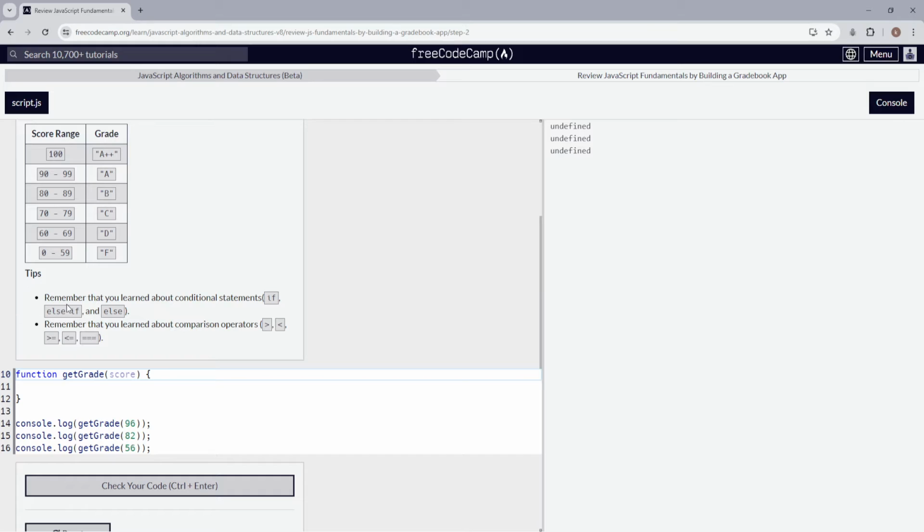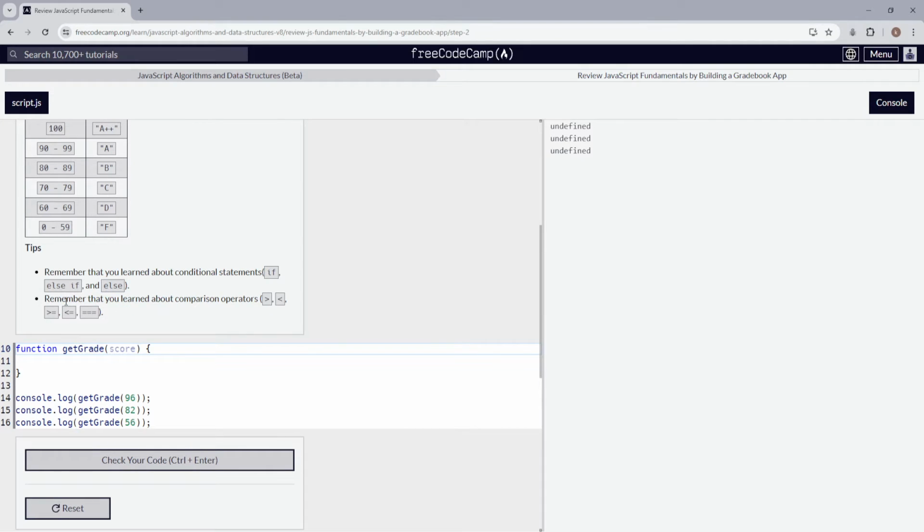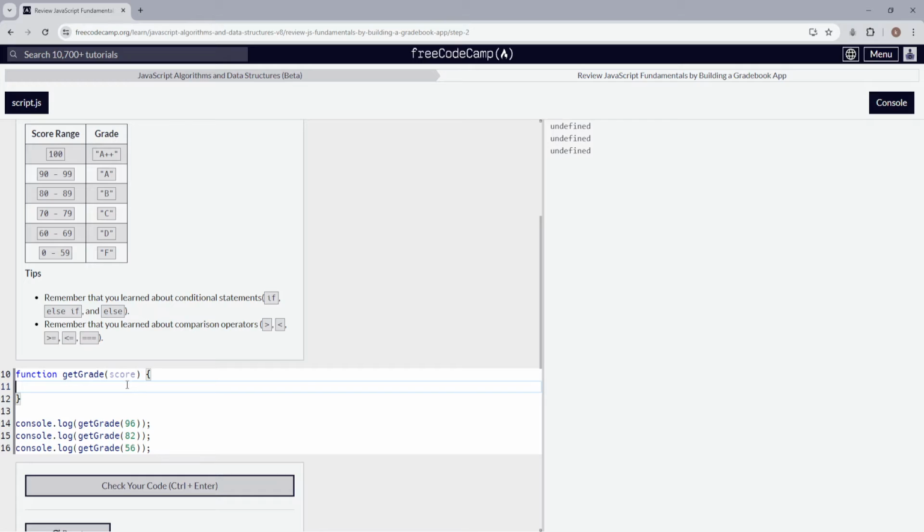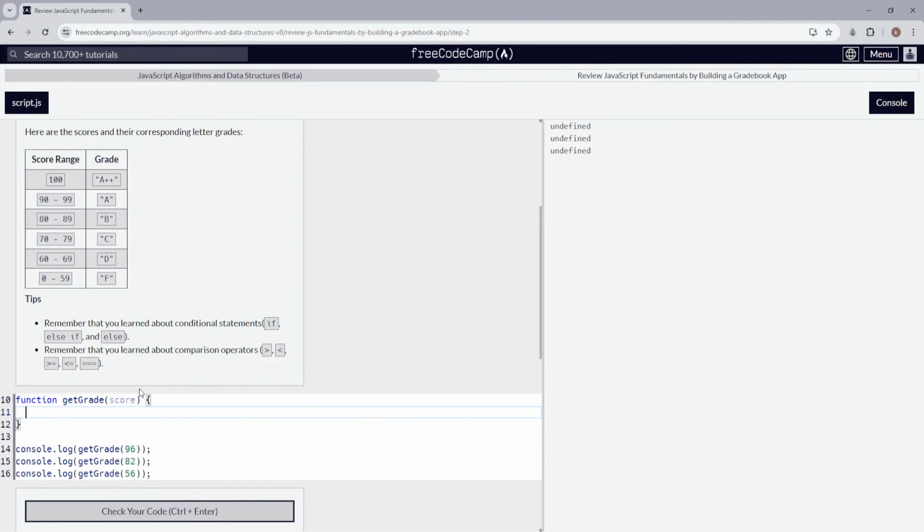So it says, here's the tips. It says to remember that we learned about conditional statements: if, else if, and else. And then remember that we also learned about the comparison operators. So this is pretty straightforward. So what we could do over here is if score is equal to 100,